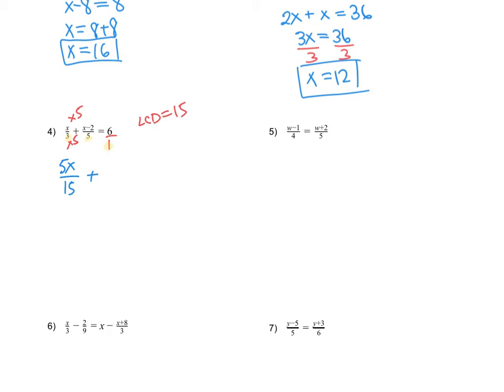Now in the next one, we have to multiply top and bottom by 3 because 5 times 3 will give me the 15, but then my numerator has multiple terms in it, and I have to multiply all of those by 3. So the way I'm going to show that is by writing the 3 and then writing my numerator in brackets. Now this is kind of the long way to do it. If you want, you can just multiply both terms by 3. So then I would have 3 times x is 3x, 3 times negative 2 is negative 6. Your call, but I'm going to go the longer way because sometimes it is just a little safer in terms